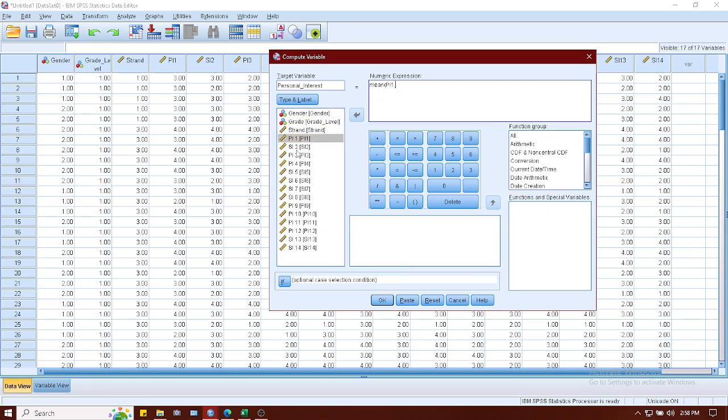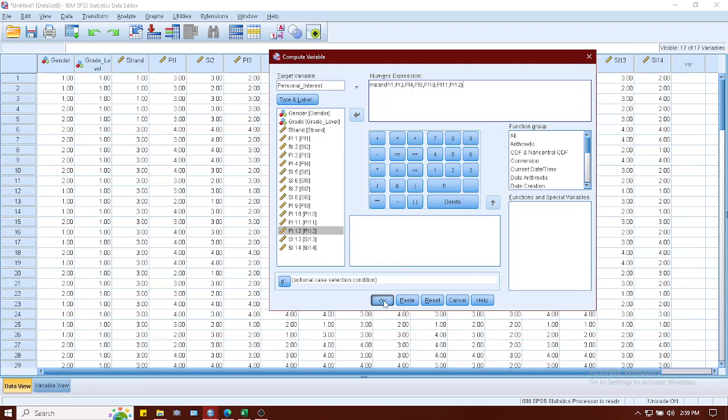So PI, double click, double click, double click, PI9, PI10, comma, PI11, and PI12. So don't forget to click comma. While you are double clicking, you click comma after each of the variables here. So PI1, PI3, PI4, PI9, 10, 11, and 12. Don't forget to close it with parentheses and then click OK.